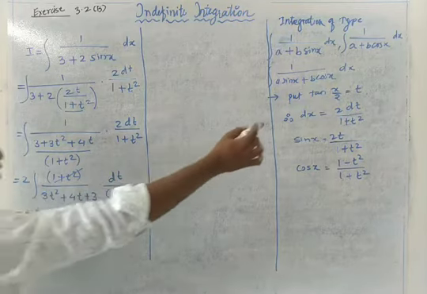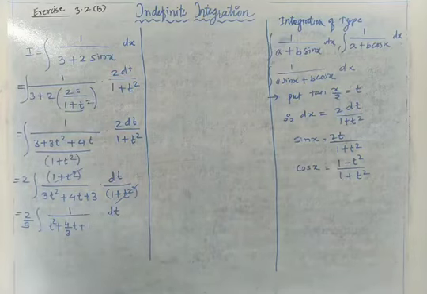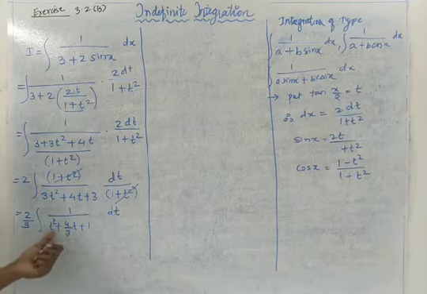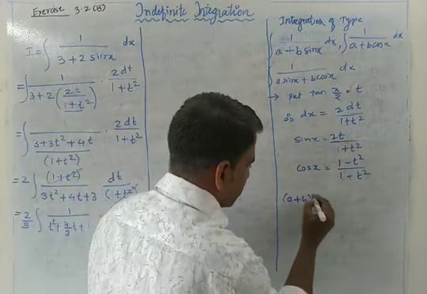Finding values, you have to explain it. Don't forget that. You don't have to write the direct value, otherwise they will cut 1 mark. Understand? Now we are going to start with simplification of this quadratic equation. If we check that quadratic equation, t square plus 4 by 3t, its middle sign is a plus. It means we are going to check the formula related to a plus b bracket square.